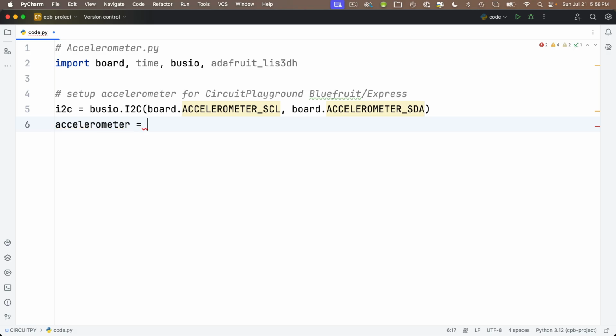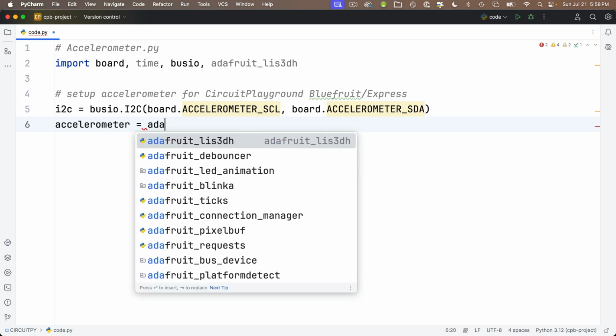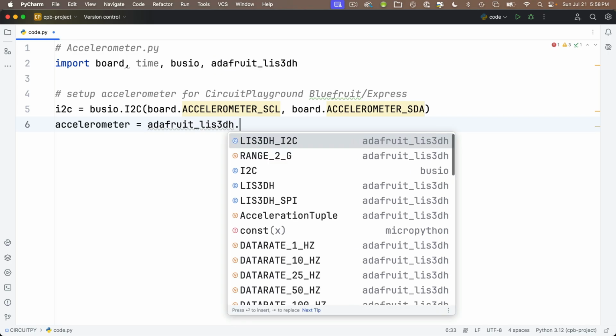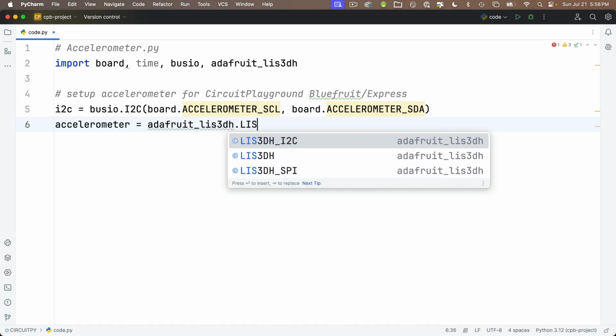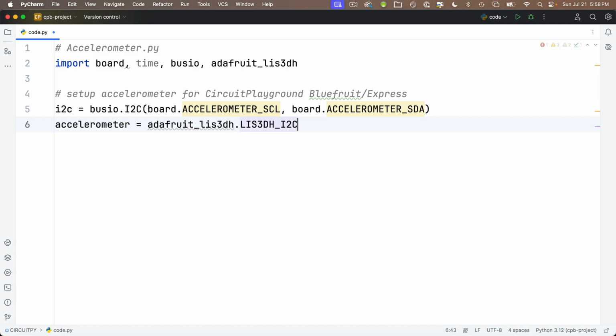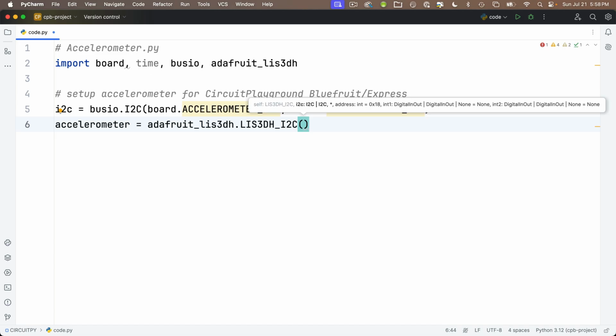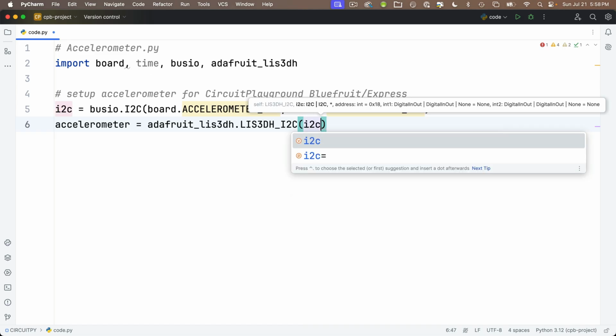But I'll call this accelerometer equals Adafruit _lis3dh, which is the library we imported, dot, and with capital LIS you get a bunch of options in here. We want the lis3dh _I2C. So we're going to create this object using the lis3dh _I2C, and we're going to pass in two parameters between parentheses. The first one is I2C in lowercase, the thing that we created in the line above, comma,